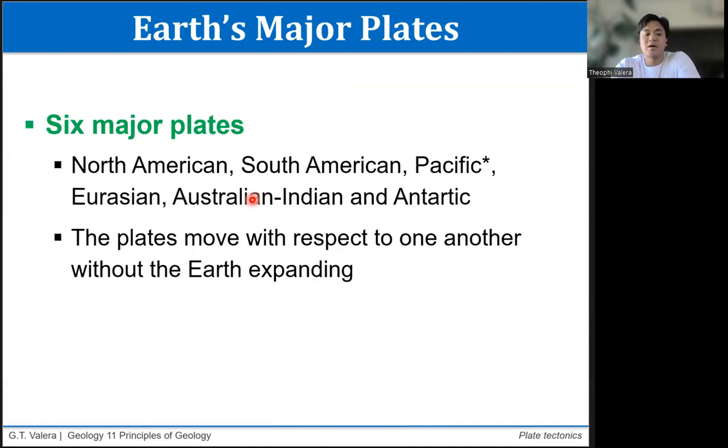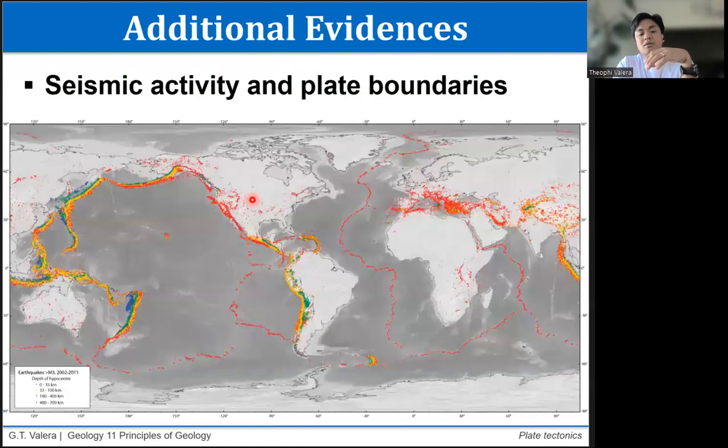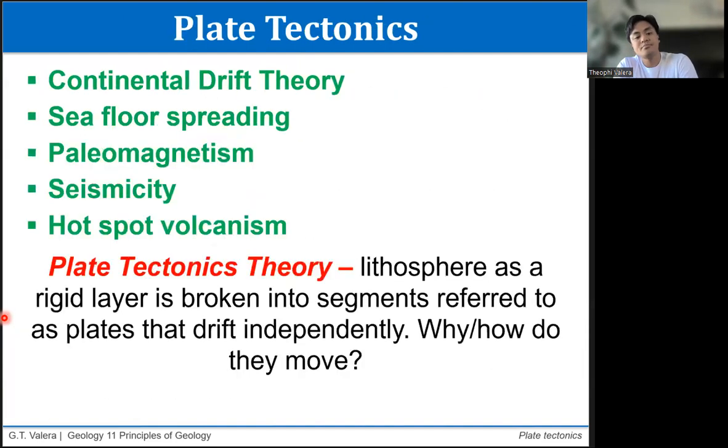So itong mga plates na to ay hybrid kumbaga. For example, you can just imagine Indian and Australian plates being separated by the Indian Ocean. Here you have India and you have here Australia. Separating those two is actually the Indian Ocean. But even though they are composed of continental and oceanic crust, they are moving in the same direction, they have the same boundaries, and therefore they define a single plate.